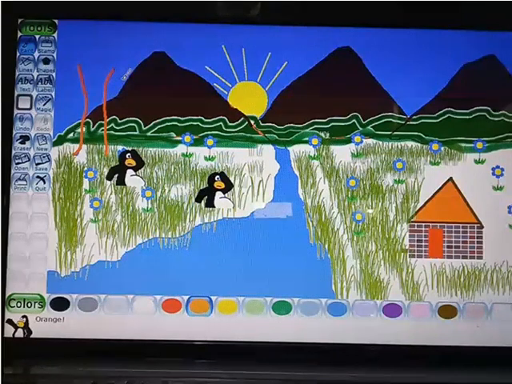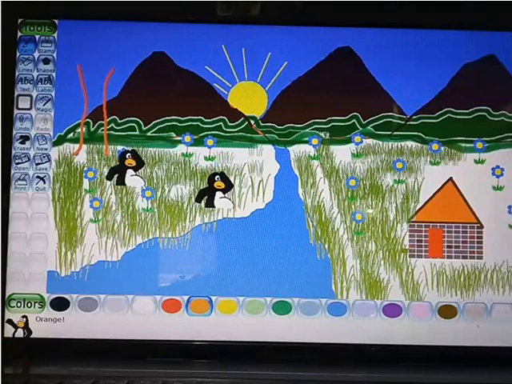Now I will draw the leaves of the tree. For the leaves of the tree, you can see in the pen tools only. If you scroll down there are lots of options, shape options and all. We'll go down and you will see the leaf option here. From here you can draw the leaves.